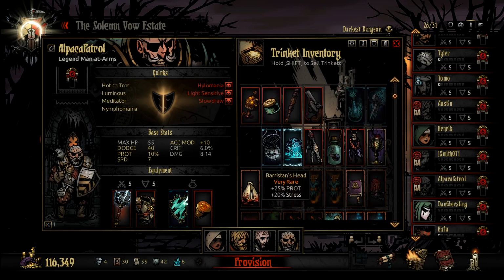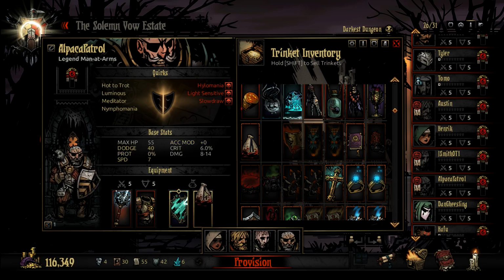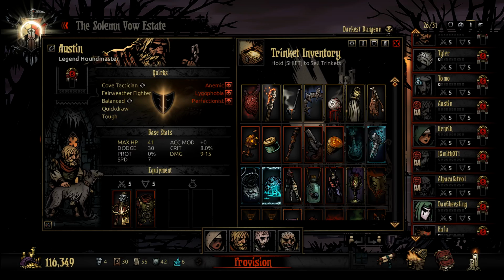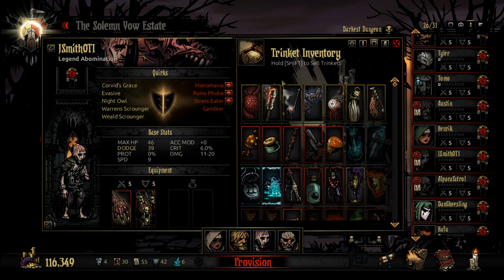Why not? I mean, that's just, well, you know what? That's a very good point. We have nothing else that affects stress, so why not take plus 25%? Now, let's sort by rarity. We need to deal damage. That's a big part of this. So, I think raw damage